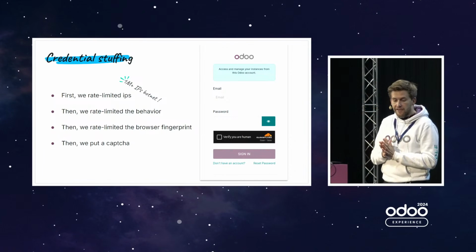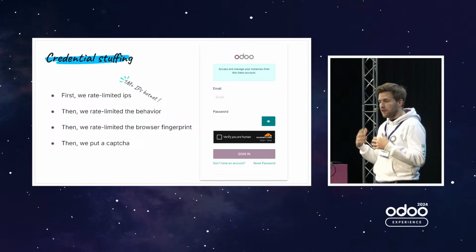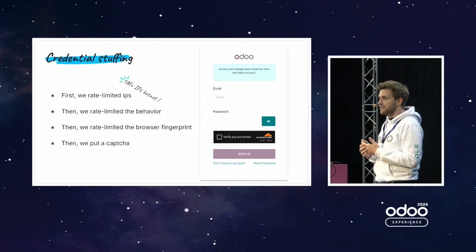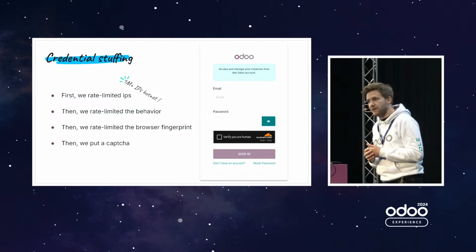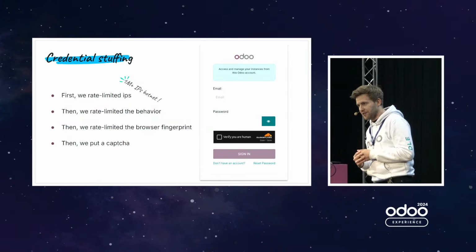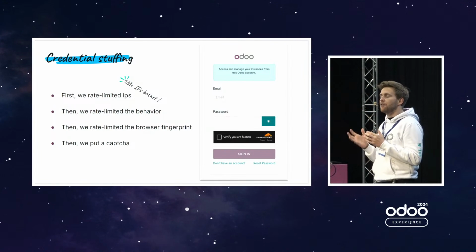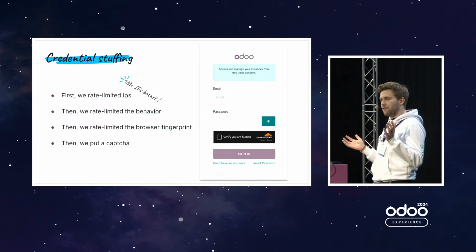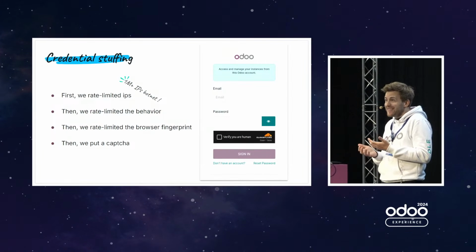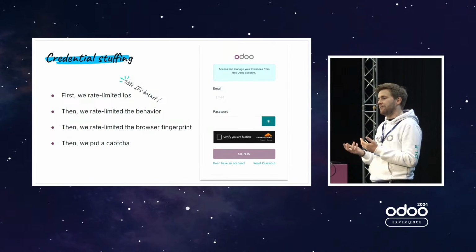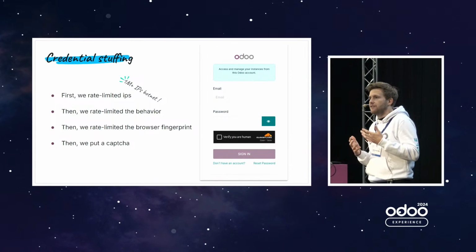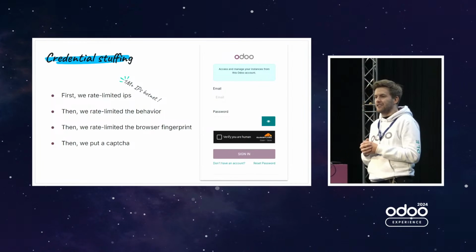And it became more and more. At the very beginning, we rate limited the IPs. Then they noticed that we did that, and so they started to use a botnet of 1 million IPs. And this is quite a milestone, to be attacked by a 1 million IP botnet. It means that an attacker took control of 1 million computers all over the world and started to make attacks on Odoo.com. At this point, taking control of 1 million computers, it's not even one person, it's an organization. And it's a milestone in the sense that Odoo became interesting enough for those kinds of organizations to attack us.